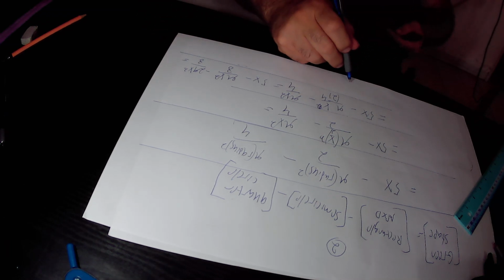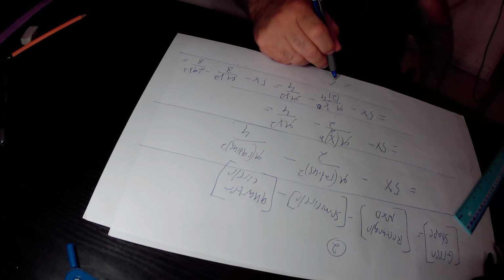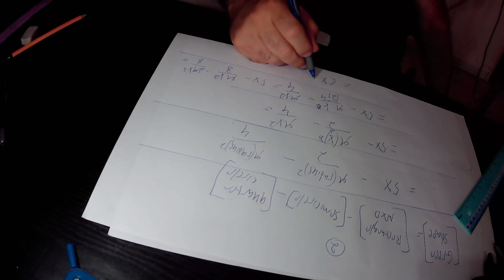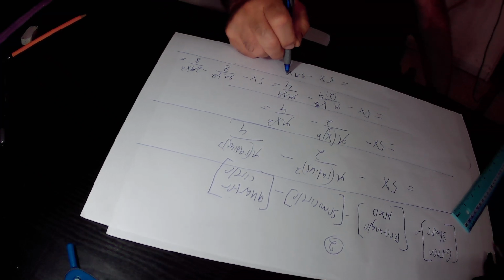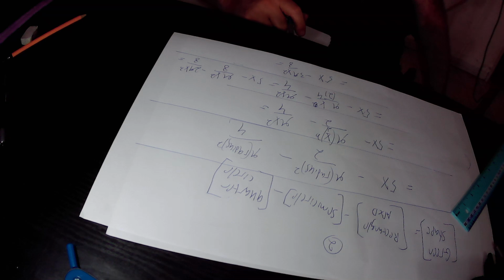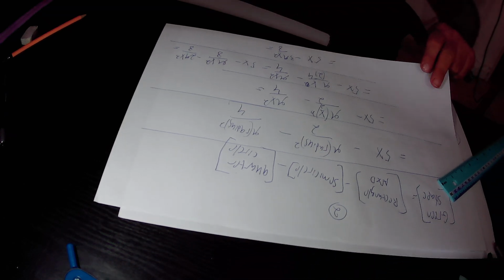So the area of the green shape in total equals 5x, and we have here minus pi x squared over 8 minus 2 pi x squared over 8, which equals minus 3 pi x squared over 8. So in total we find that the area of the green shape equals 5x minus 3 pi x squared over 8. But we have already found that